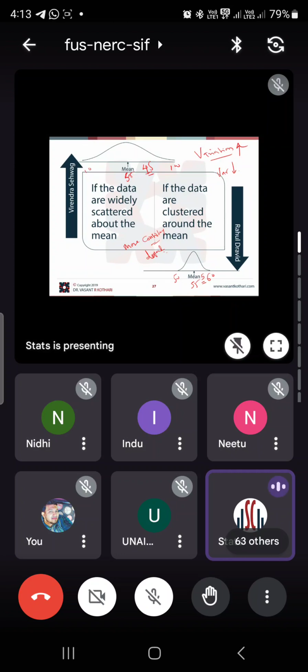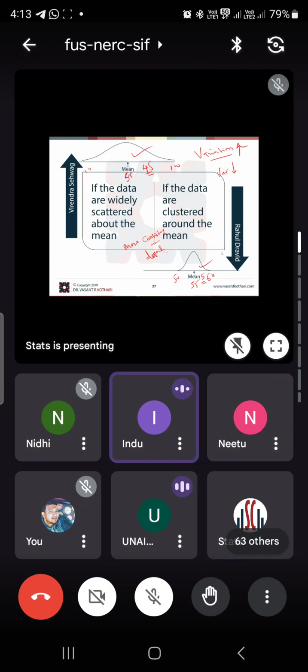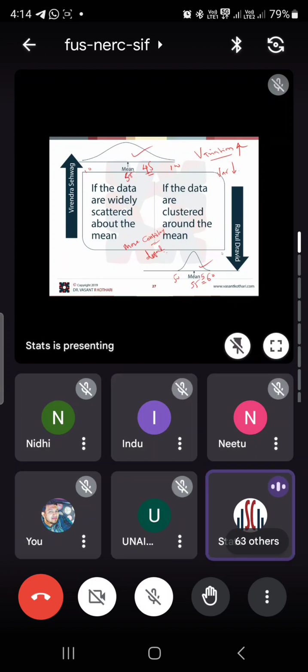Recall my words. Statistic is a decision science. So when you need to take a decision, which decision is good? The decision with more variation or the decision with less variation? Less variation, because it is more stable. Less variation means more consistency, more dependability, and more reliability. And there is a good possibility that your decision will be right